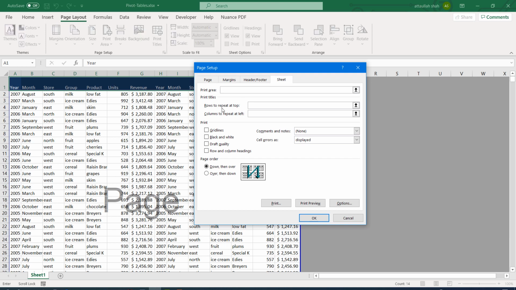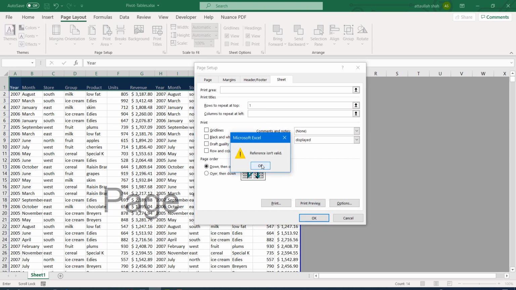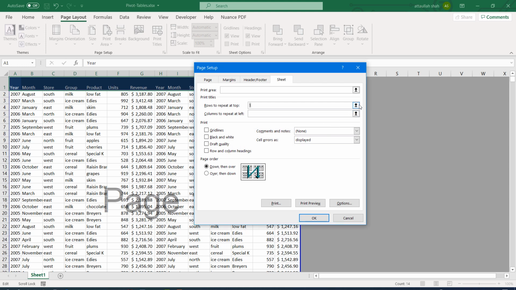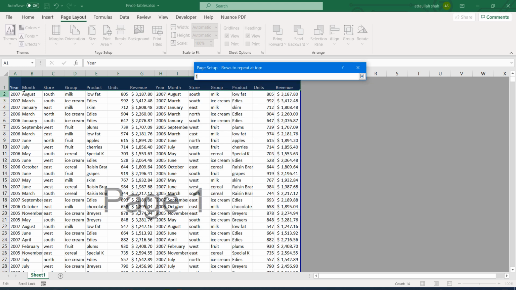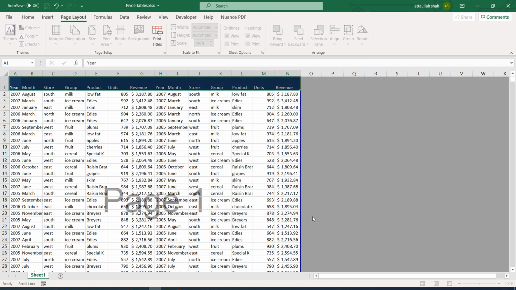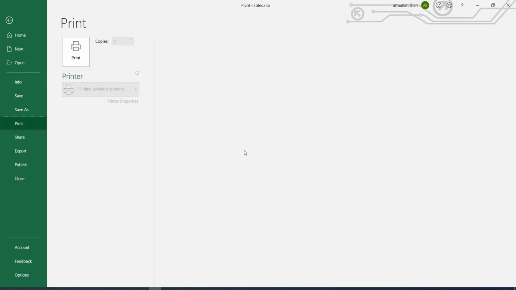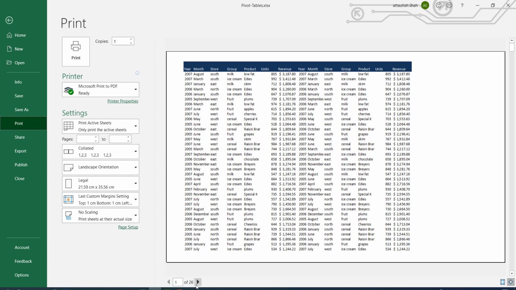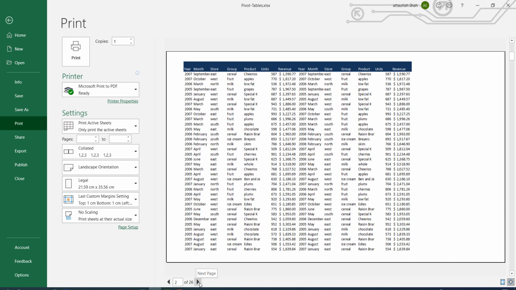We can select rows to repeat at the top, or we can select print area. So if I say just repeat one row at the top, let's say we select this one, okay, and now confirm that, go to print, go to page number 2.